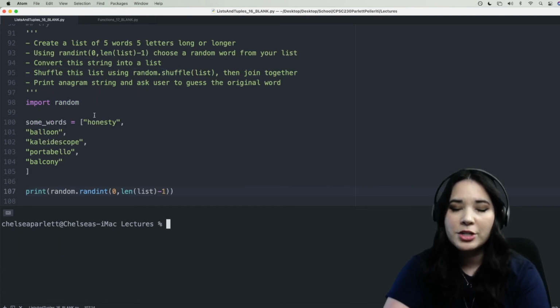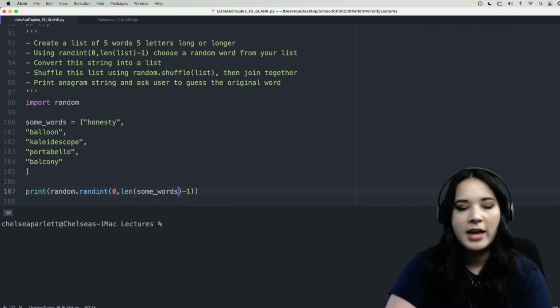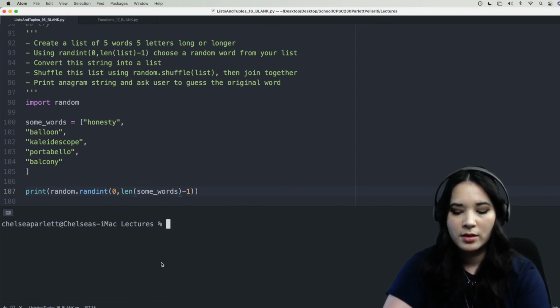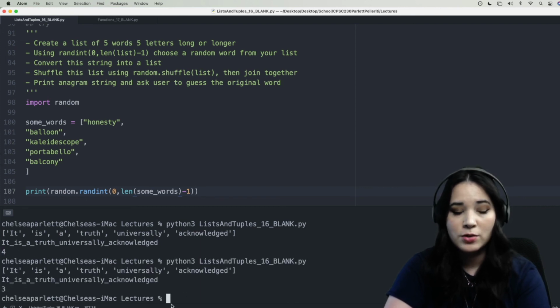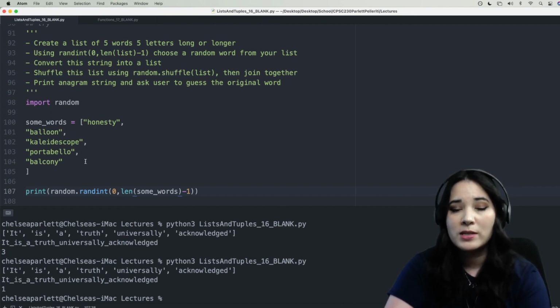All right, before we actually do any of the other steps, I just want to show you how the random.randint function works. So I'm going to go ahead and print out random.randint 0 to the length of our list here. So we're going to say len of some words, and this is going to choose a random index from 0 to the length of the list. So when we run this, you can see that it's chosen 4 this time. If we run it again, it'll choose another random one, 3. If we do another one, 1, etc. So you can see 0, 1, 2, 3, 4. It's choosing an index between 0 and 4,